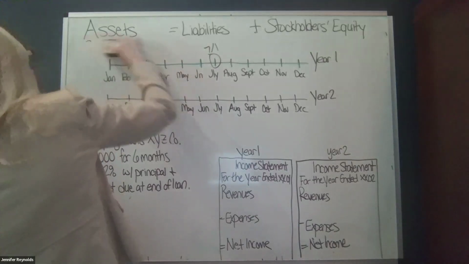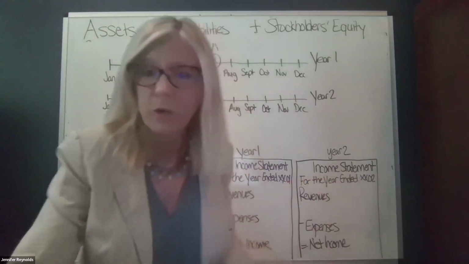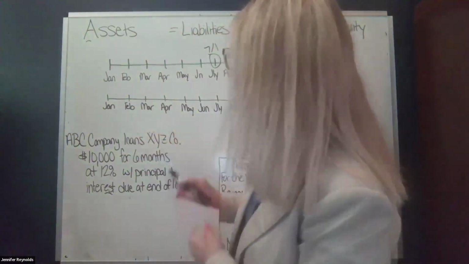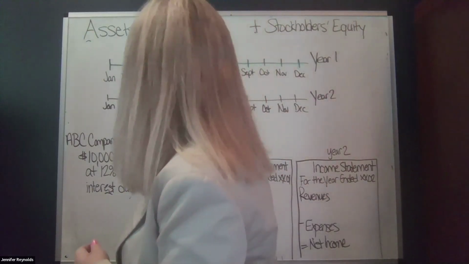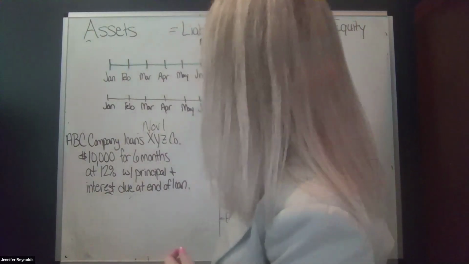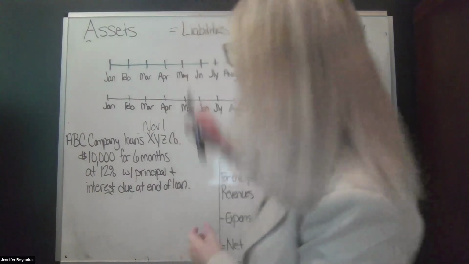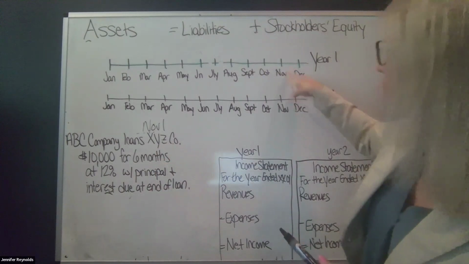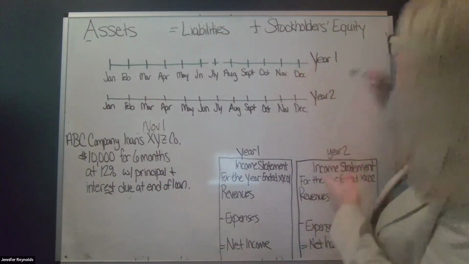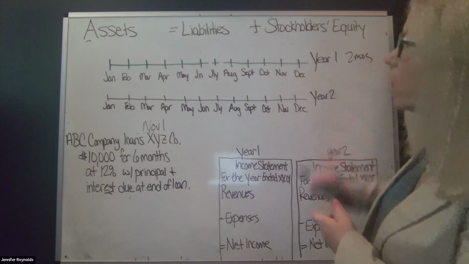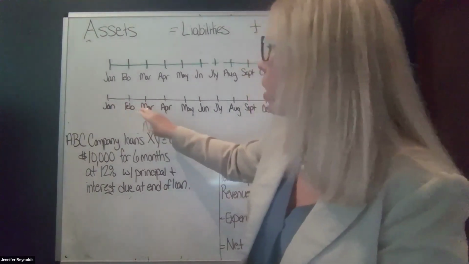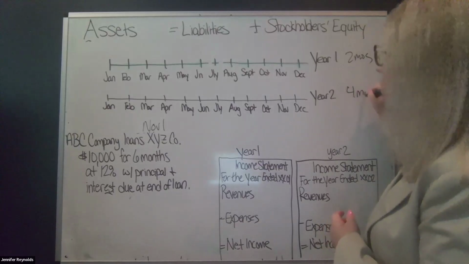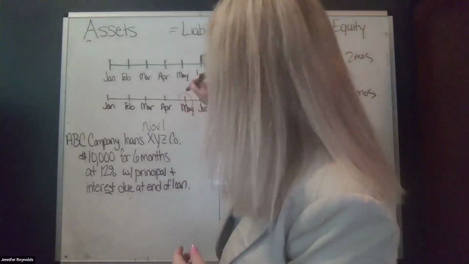Not for the sake of being difficult, but because this is what happens in real life. Now, instead of ABC making the loan on January 1st, they make the loan on November 1st. So when is XYZ going to pay the loan back? Well, the loan's going to be outstanding November, December, 2 months during year one, and then January, February, March, and April, 4 months of year two. And they would pay back